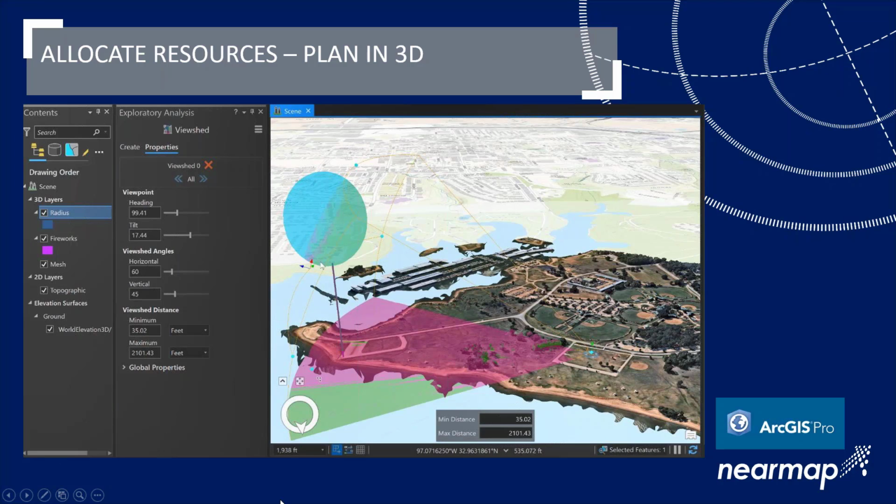Now, obviously, as you look up, that view shed is going to be able to see more of the fireworks and less of the ground clutter and trees down below. But if you really enjoy watching fireworks come out of nowhere beyond treetops, this would be a great viewing space, maybe away from the crowds that would be a little bit closer. So that was my first stab at it, and I thought, well,